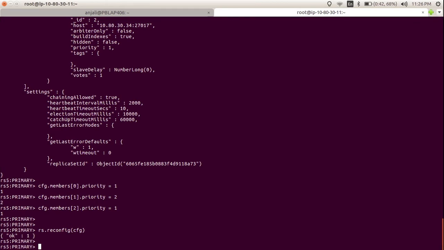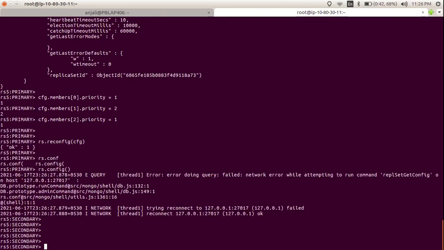It will go down for some moments and then it will come up and reconfigure itself according to the priority available. So you have to make sure that while reconfiguring you may have some seconds of downtime, so you should do it at night, or when you have less traffic on your website, or during a good scheduled maintenance time. You should be careful about that, because it may take some seconds to become available according to the reconfiguration we have done.